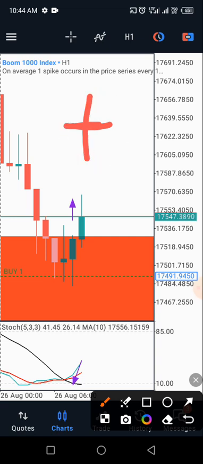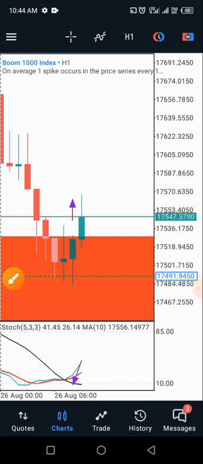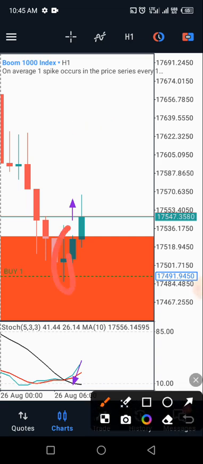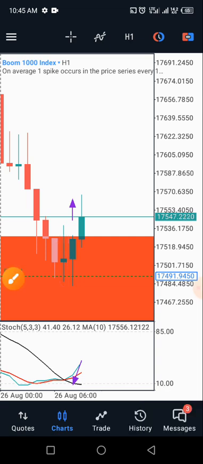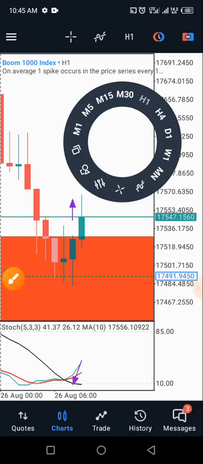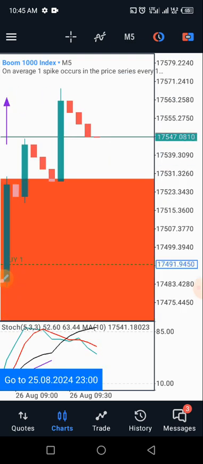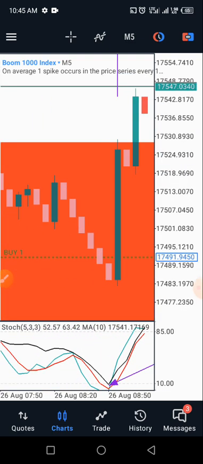So if we look at this particular 1 hour time frame, you will notice that we have a doji here. So if we can spot this particular doji or inside bar or engulfing candlestick pattern, then we can now move to the 5 minutes time frame. On the 5 minutes time frame now is where we want to see this